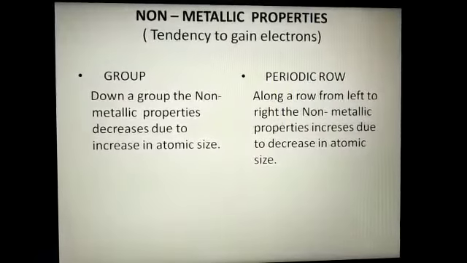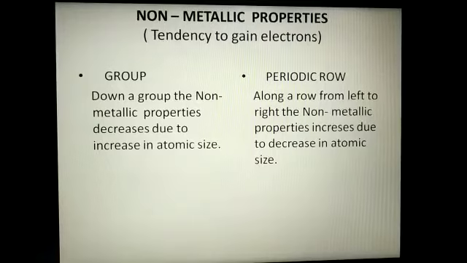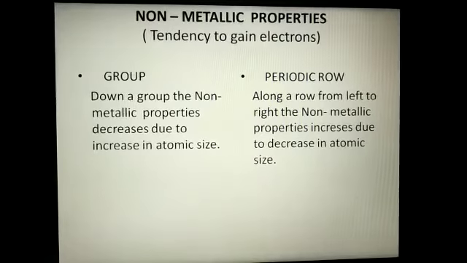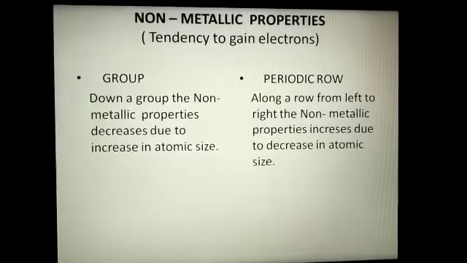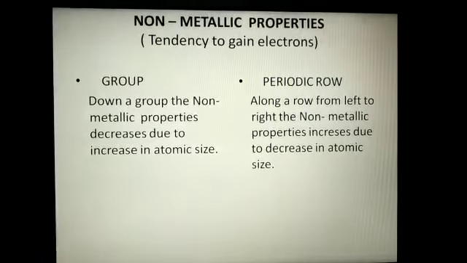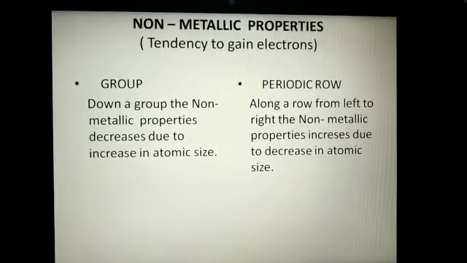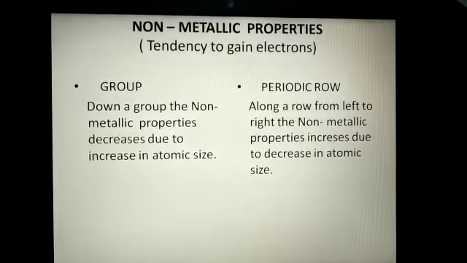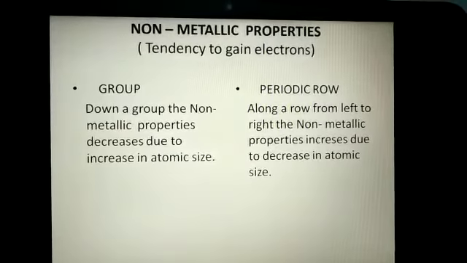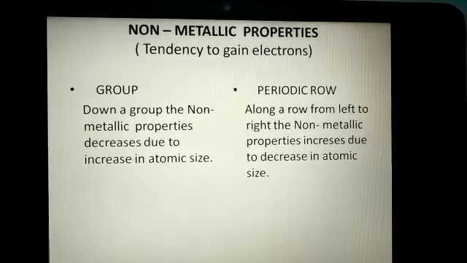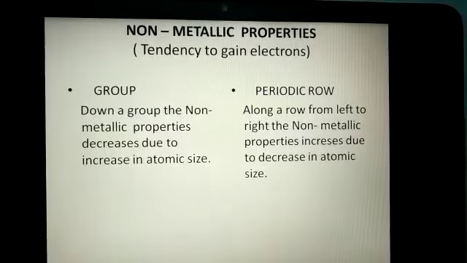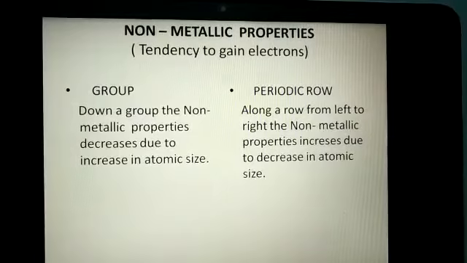So we can conclude that the properties of elements vary according to their atomic number, and there is a difference in the property down a group and along a row due to certain features shown by elements. So we have learnt the 3 trends. The first one was atomic radius, the second is valency and the valence electrons, and the third is the metallic and non-metallic property.